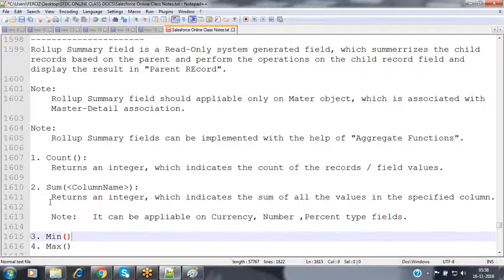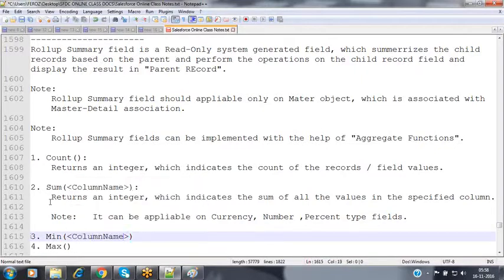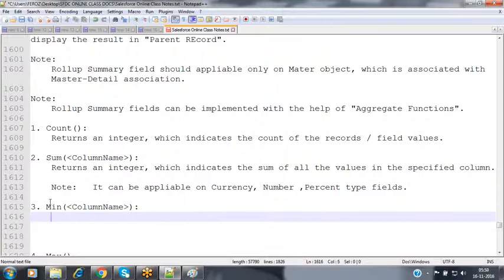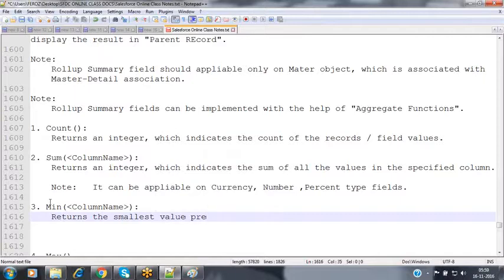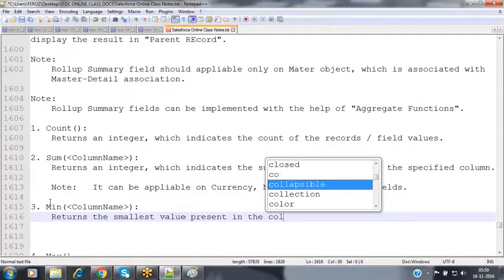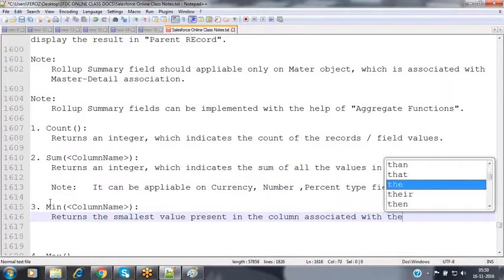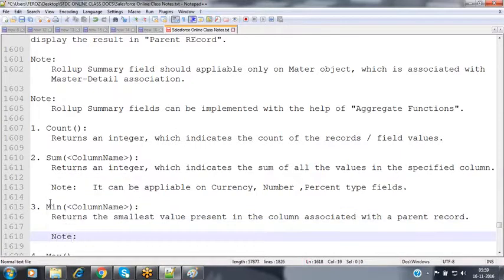And then we have the minimum of the column name. This minimum function returns the least value inside that specified column. It returns the smallest value present in the column associated with a parent record. Where can it be applicable?